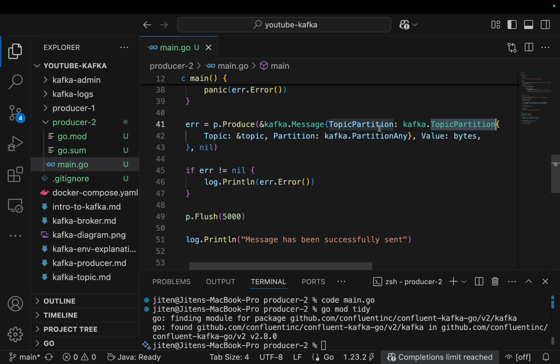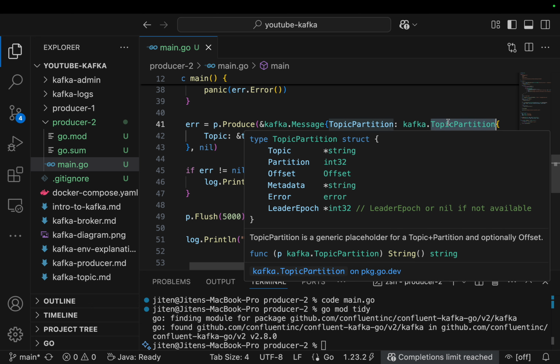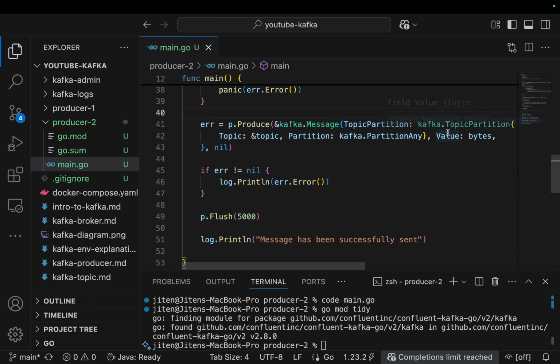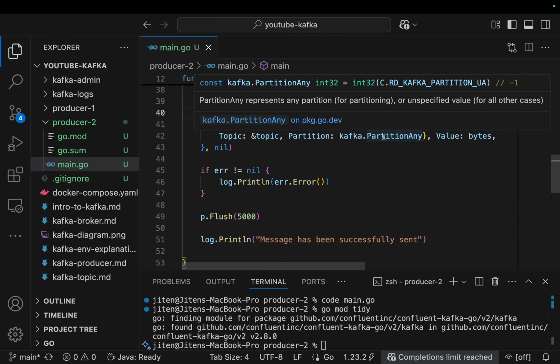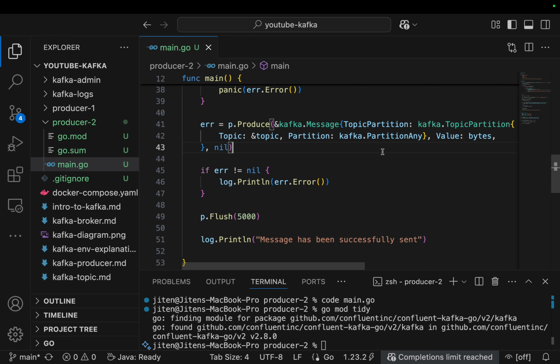The partition is 0. You can also give topic partition as 0, but I would like to give it a value from the Kafka library, which is called kafka.PartitionAny. Any is going to give you any partition. Internally, it is using a C library. That's the reason you could see that it is C.RD_KAFKA_PARTITION_UA. Some constant value it is taking from the C library. However,